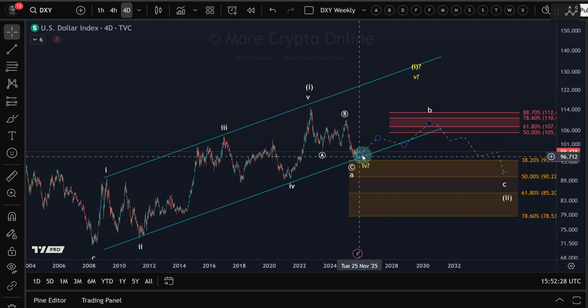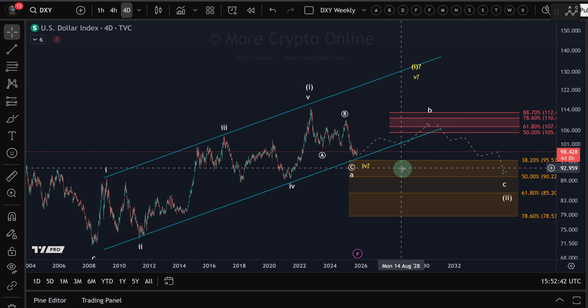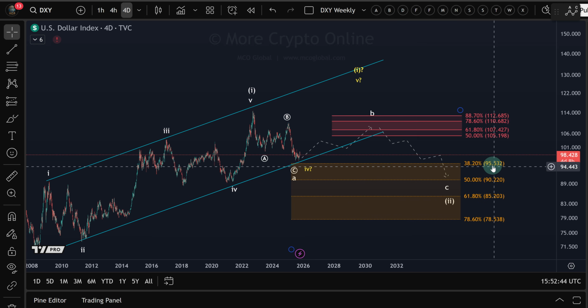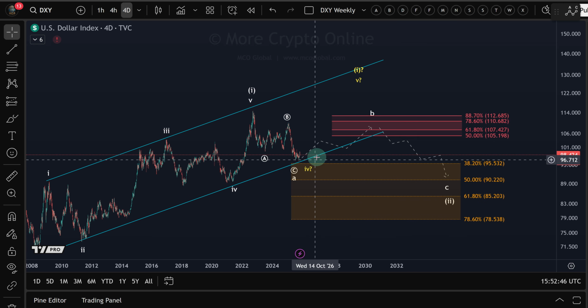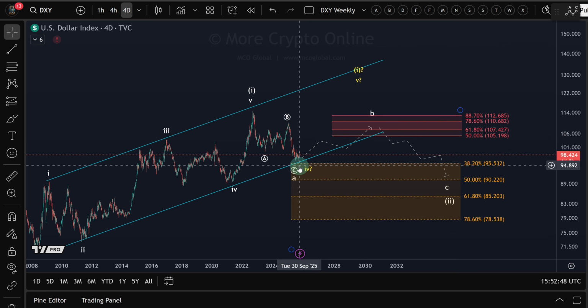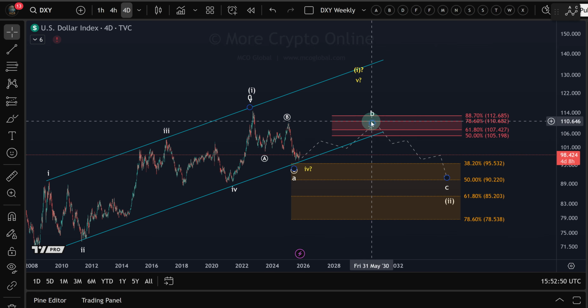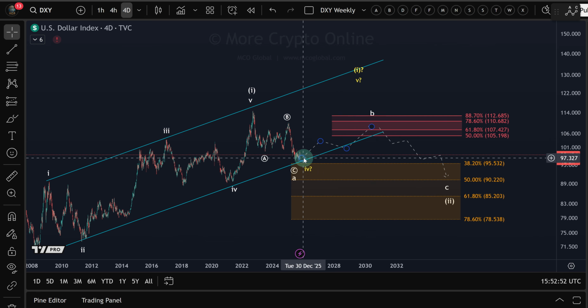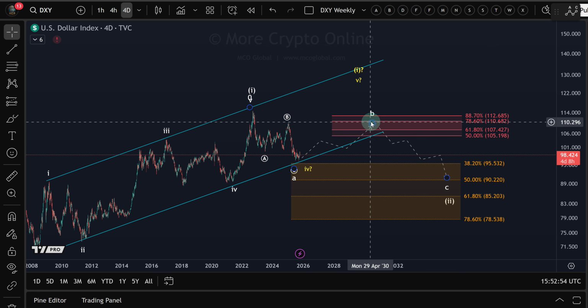Currently, the market is trying to form a low here on our larger time frame chart, the 4-day chart. It becomes visible that the market is trying to react to this trend line and here to the 38.2 retracement level at $95.50, which means, in other words, there is potential for a larger trend reversal that might take years. So we could get into an uptrend that could be with us for a few years.